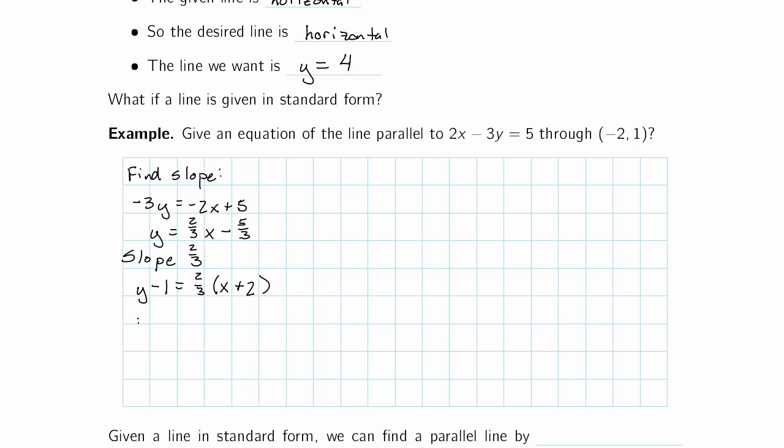So we'll distribute. We'll get all the variable terms on the left, all the constant terms on the right, and then we want the coefficient of x to be a positive integer. To make that happen, we need to multiply both sides by -3. So we'll have 2x minus 3y equals -7. And the thing that we notice here